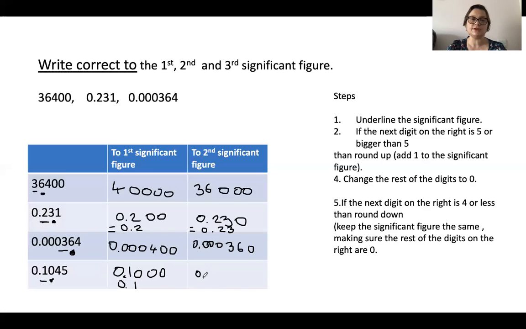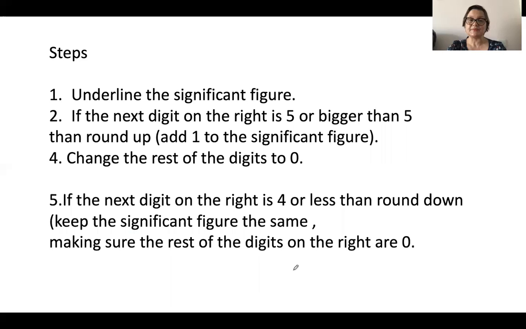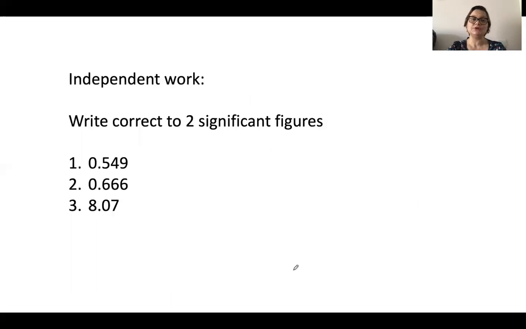So you have 0.10, and then 4 and 5 become 0, 0. And here you go. You can rewrite this as 0.1. There you go. 0.1. Lovely. And then here again, the same steps that I'd like you to follow to write these 3